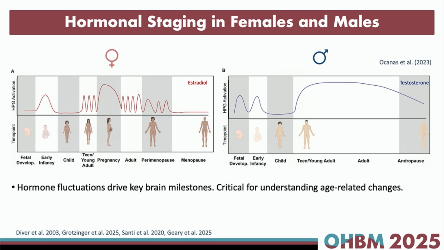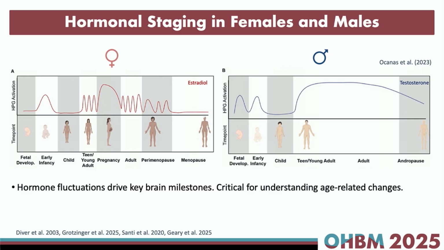First of all, I have no disclosures, and when I now talk about hormonal staging and hormonal assessments, I will take two approaches to it, or divide it in two approaches. When you look at the hormonal fluctuations, you can see that there is a vast variation in those across the lifespan. So it is very necessary to look at each of those developmental milestones separately and develop or target methods according to them.